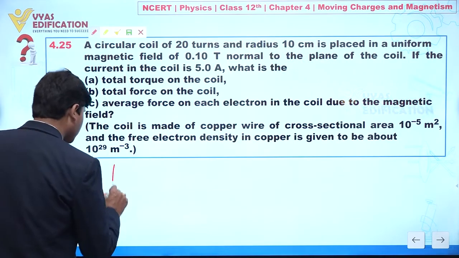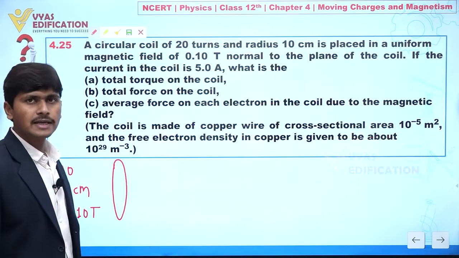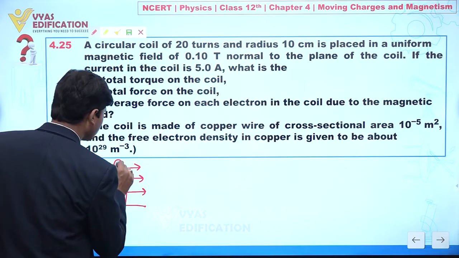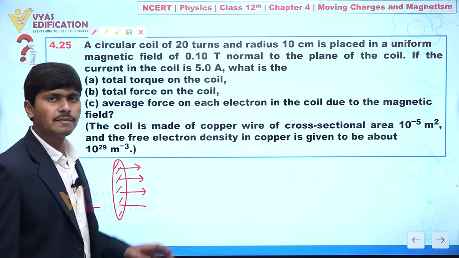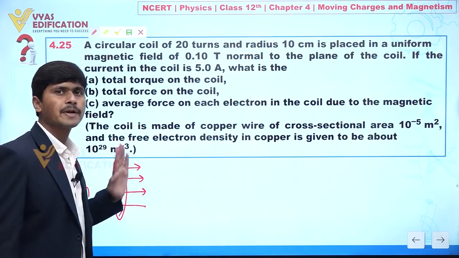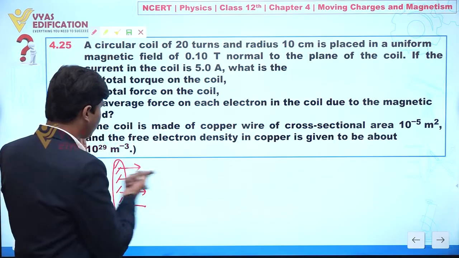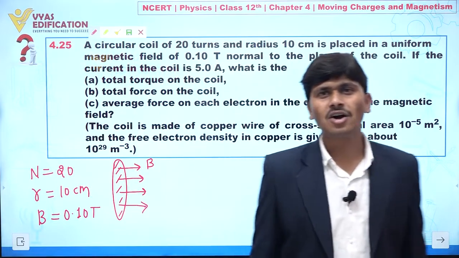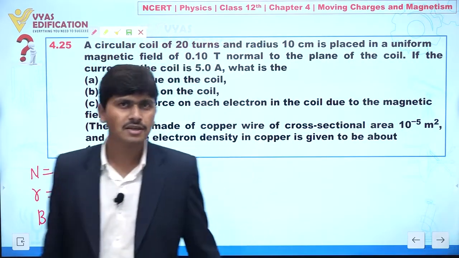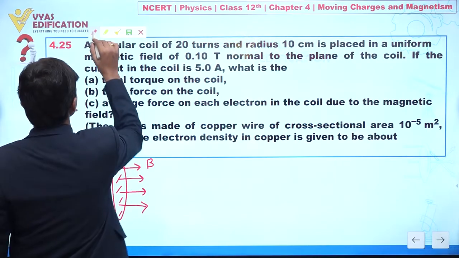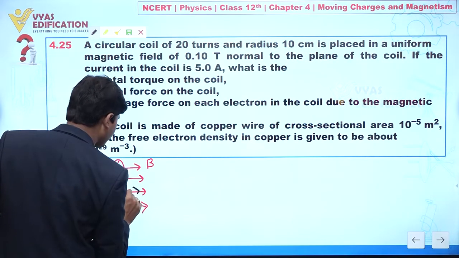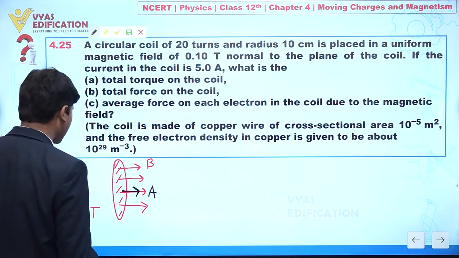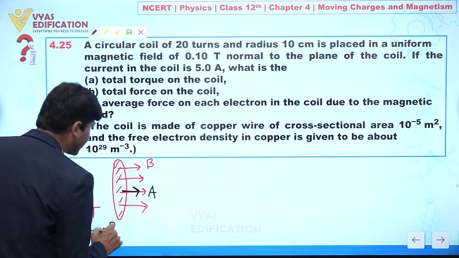So let's suppose I am drawing this circular coil like this. We can see the magnetic field is perpendicular to the plane of the coil. You can imagine this plane is perpendicular to the screen, so we have the magnetic field in this direction. Now what about the area vector? The area vector is always perpendicular to the surface, or perpendicular to the plane, so the area vector is also in this direction. I can say this is A. So what is the angle between the area vector and the magnetic field? We can say this is 0.